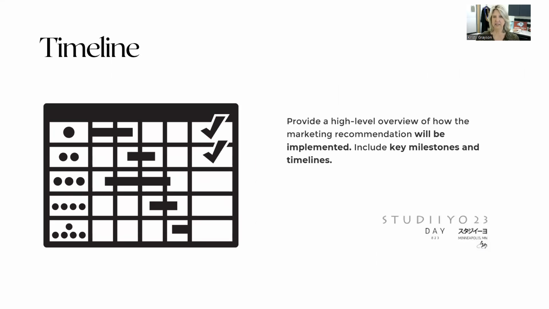Always put in a timeline. If you're making a recommendation, maybe you want them to change their logos, you tell them when they're going to change it, why they're going to change it, and how you go about